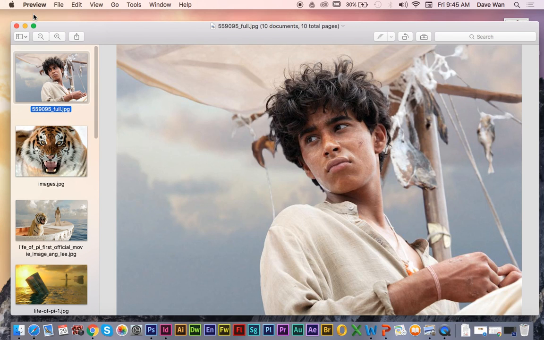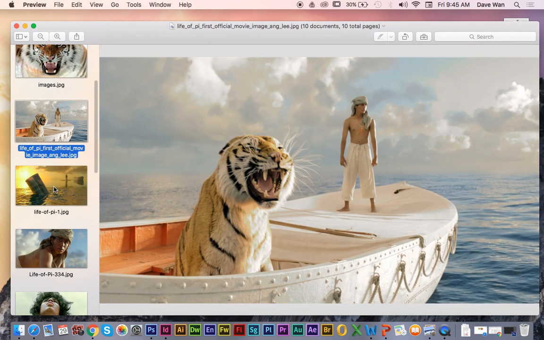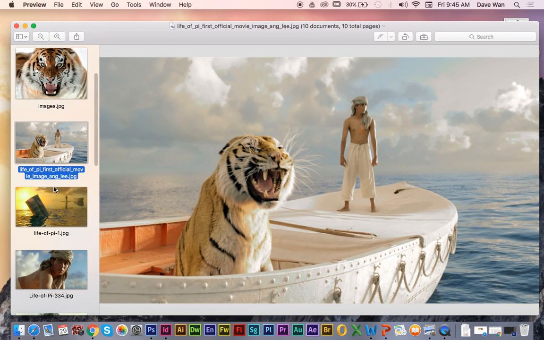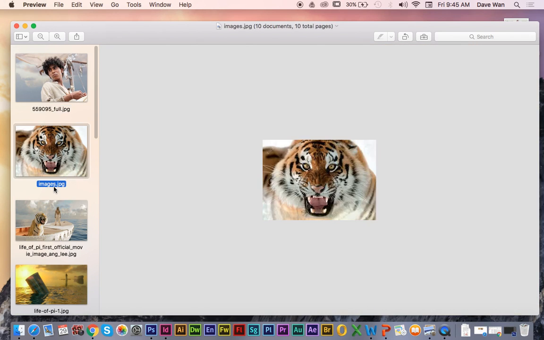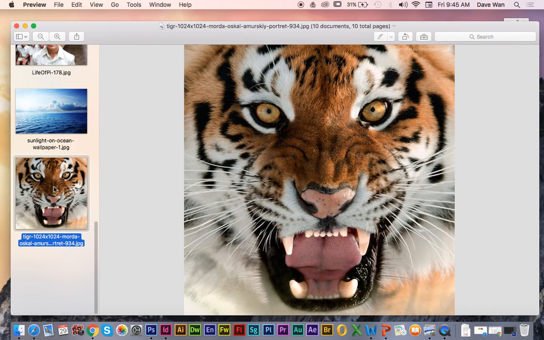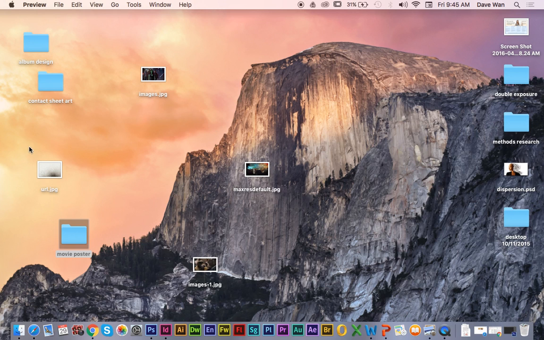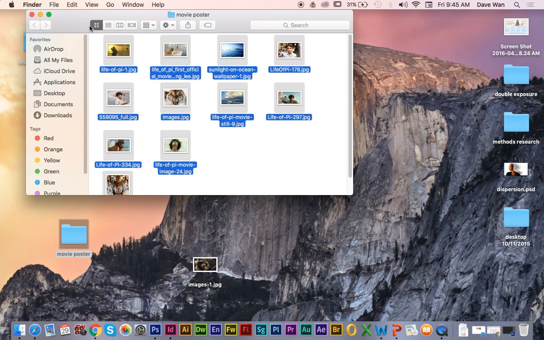I tried my best, but I can't find the sketch that I originally did my movie poster on. But I do kind of remember what the sketch had. Basically, I was going to use this as the bottom of the page, or in the middle of my page. I was going to use this image of the tiger roaring here, and I was going to use another image where he's kind of fighting, and then the tiger and